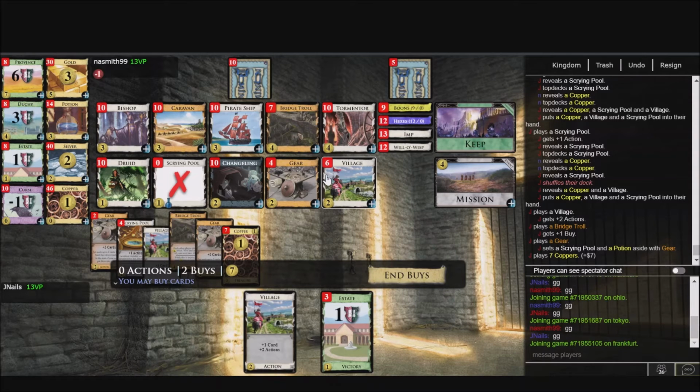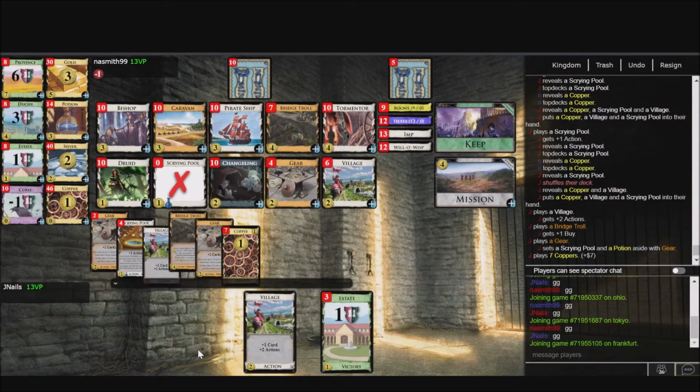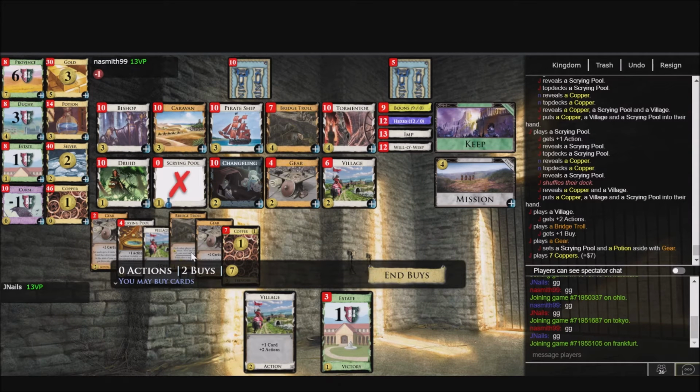Although it's worrisome as well, because I'm entering this turn a little bit behind. I mean, the more aggressive thing would be like, if I could do Bridge Troll Druid, can I pick up a Bridge Troll and play it mid-turn? I don't think I have enough villages for that. I have 2 villages, which support 2 gears. So if I Druided for something,